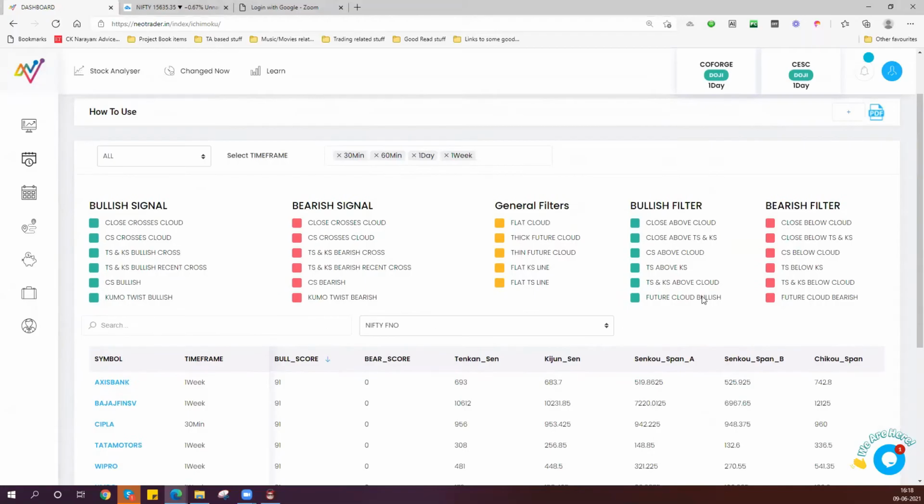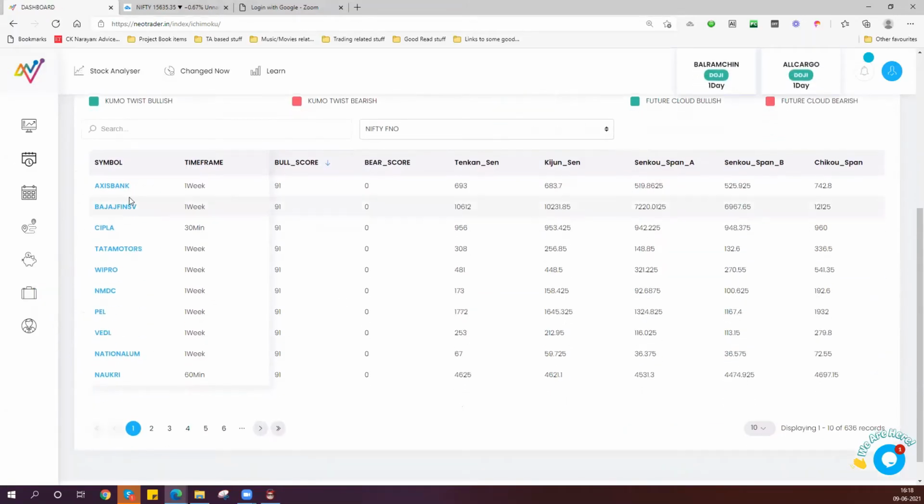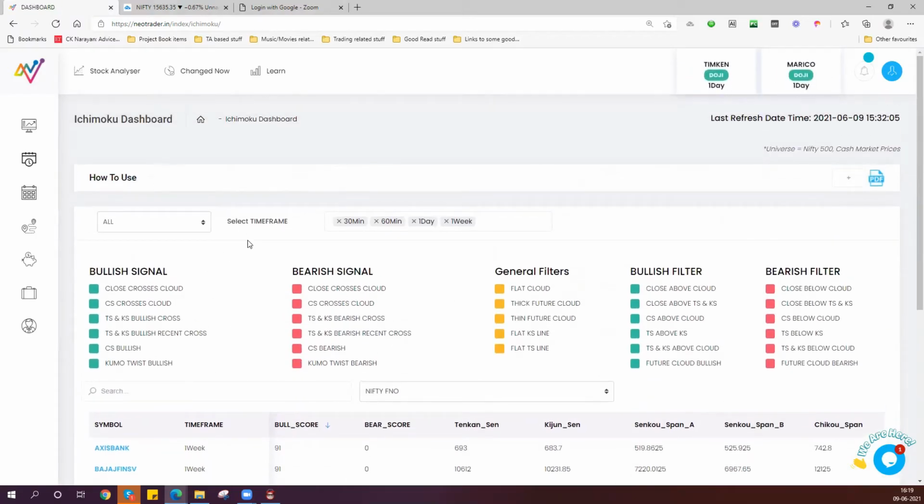It has a lot of controls here, and it has the output from those controls which will be featured here. And there are many pages over which these outputs will be indicated. And many pages are required because we are giving you Ichimoku information over different time frames, which are 30, 60, daily, and weekly, right? So four different time frames of Ichimoku readings are what are available.